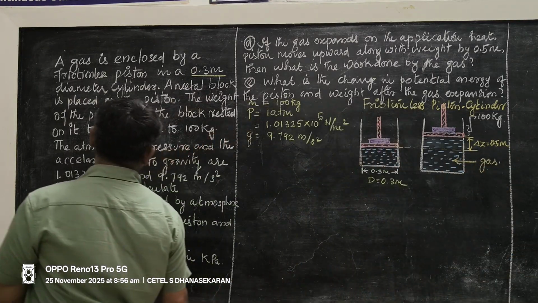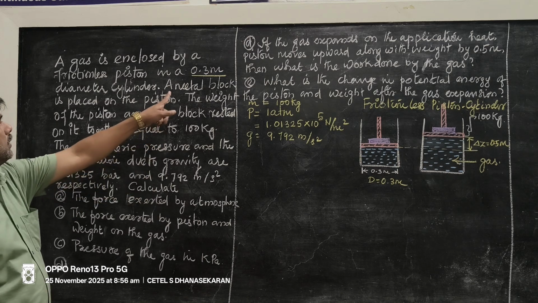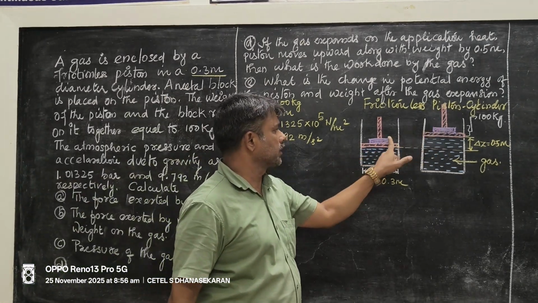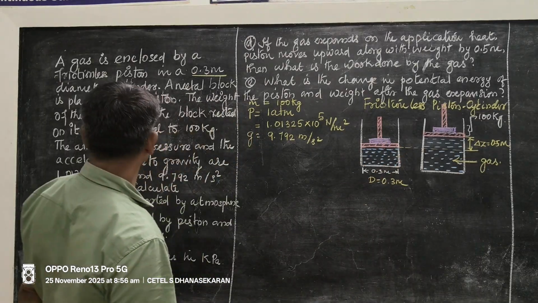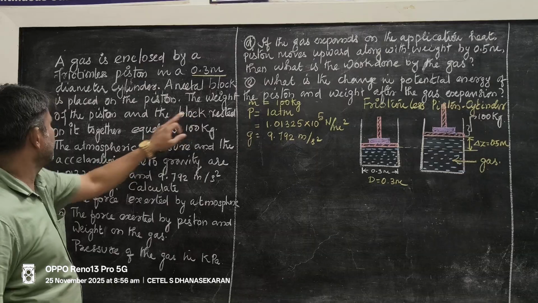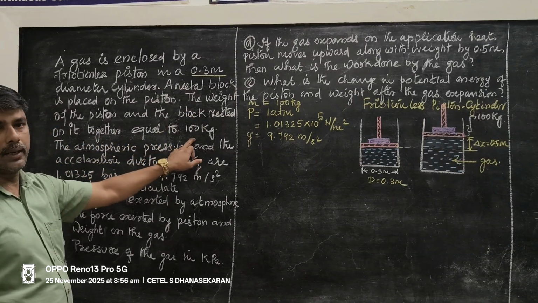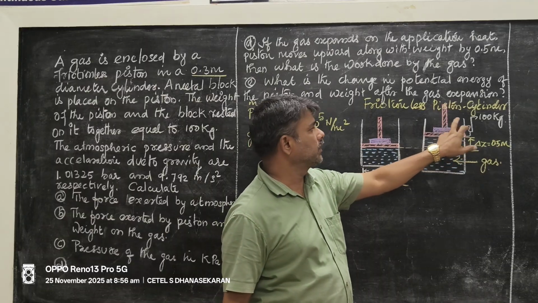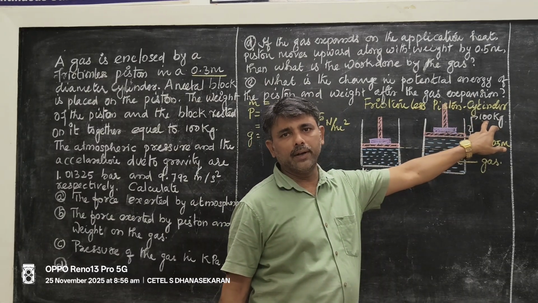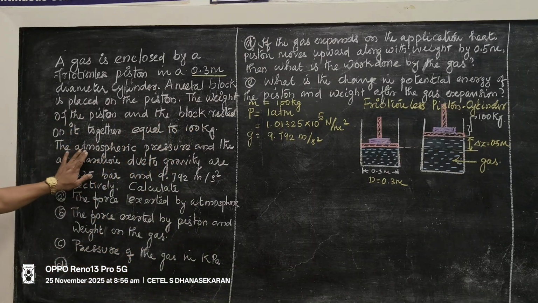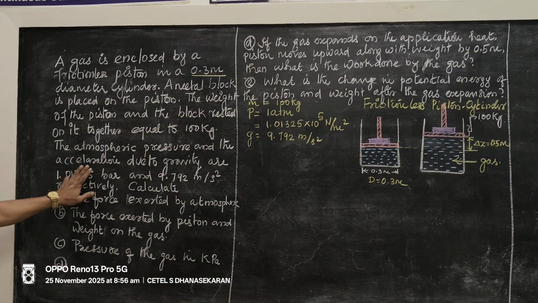Good. What next? A metal block is placed on the piston. The weight of the piston and block rested on it together equal to 100 kg. So, the weight of the piston and weight is given. The atmospheric pressure and acceleration due to gravity are